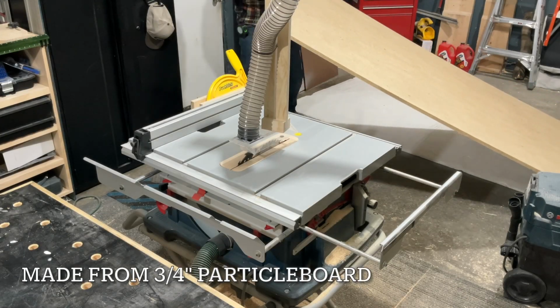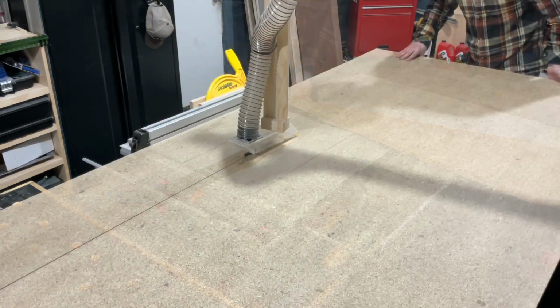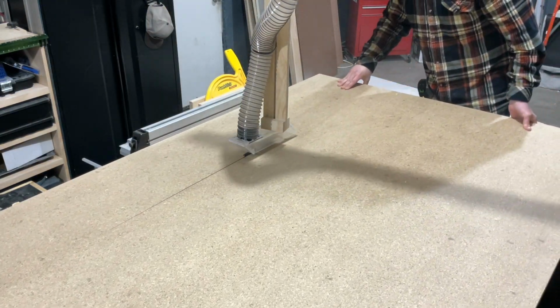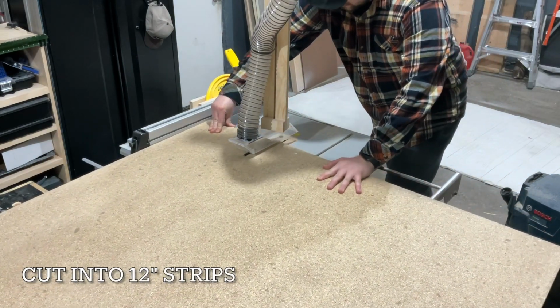I'm making this shelf from 3/4 inch particle board, which is a great option if you're trying to save money, but plywood and solid wood are also good options. I'm starting off by cutting the full sheet into 12-inch strips because every part is only going to be 12